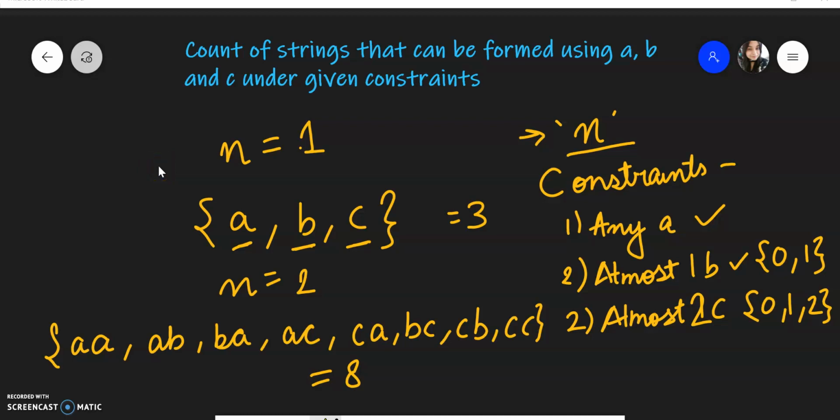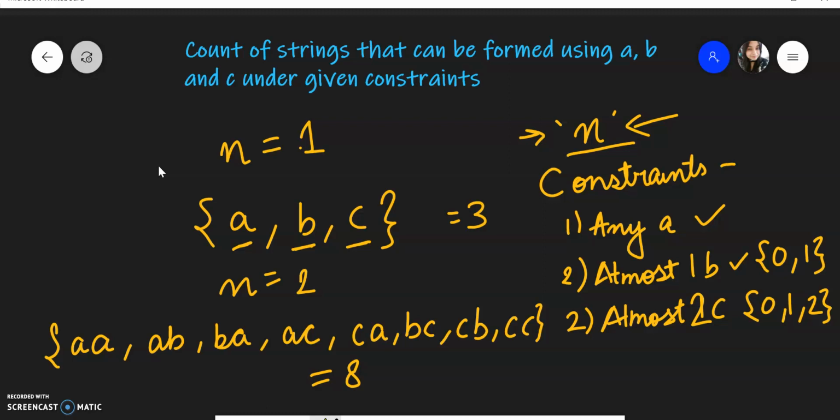Hello everyone. So today's question is very important as it has already been asked on Amazon, Facebook and Google. So let's get started. You'll be given n, which is the size of the string, with the constraint that